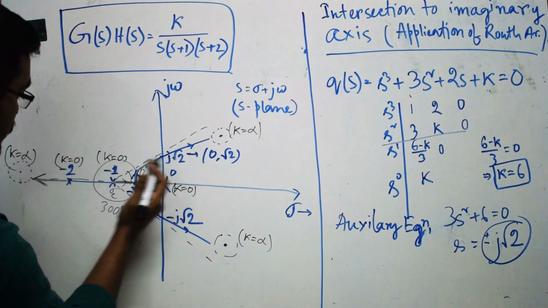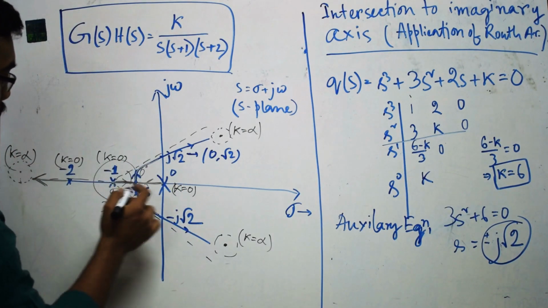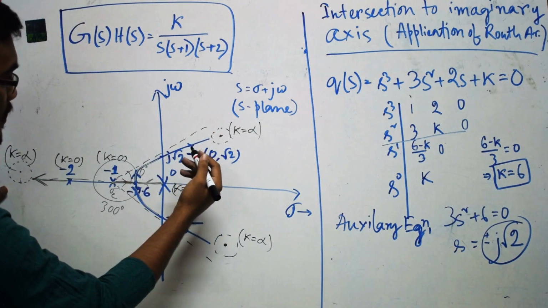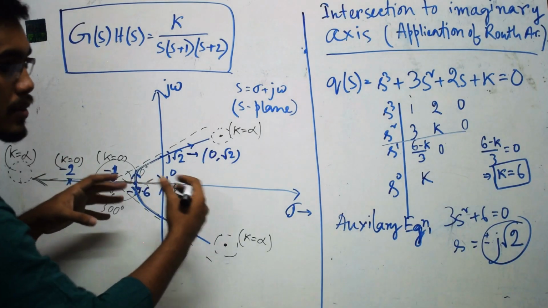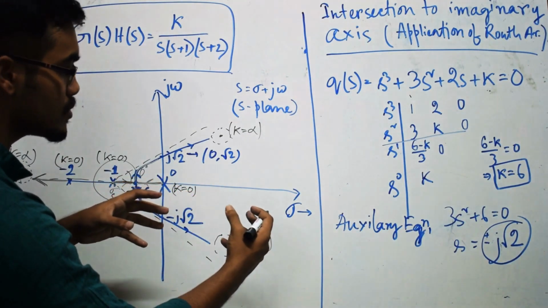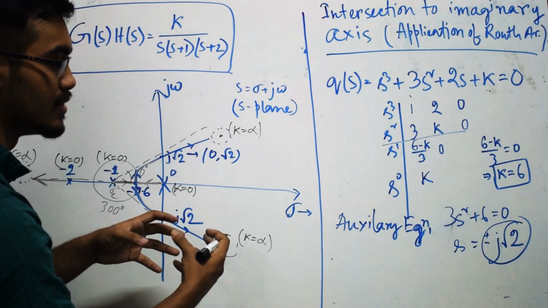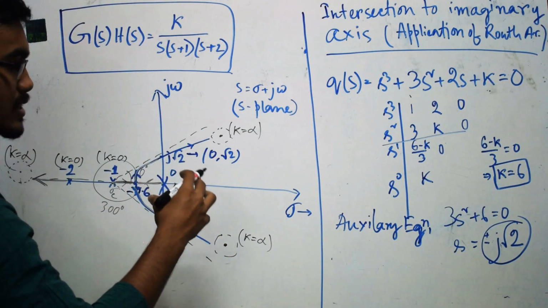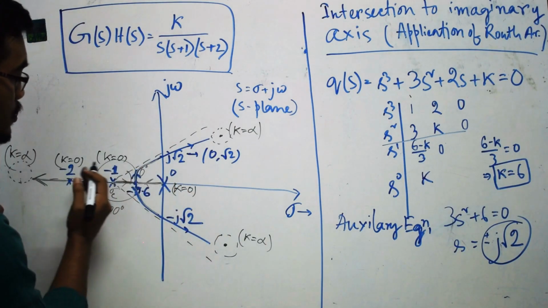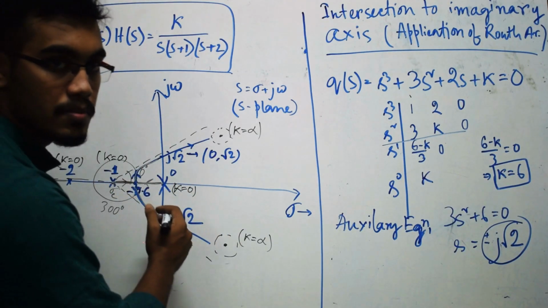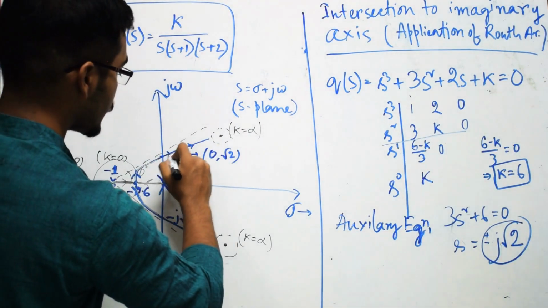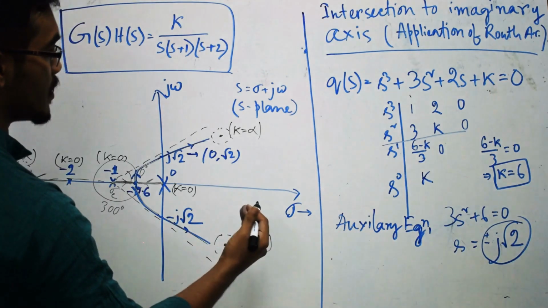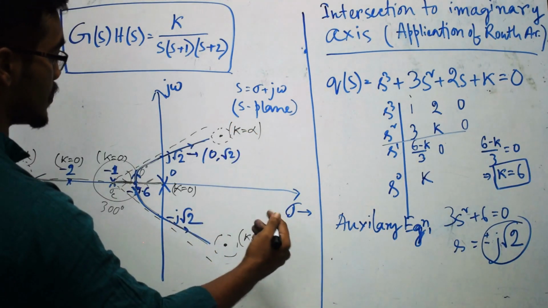Why is this happening? Because the K value is varying from 0 to infinity, so we are getting different types of open loop transfer functions and different types of systems. So we are finding out the relative stability. Up to this part of K value, all the transfer functions will be stable because those poles are situated in the left side of the s plane. But the remaining ones, on the right side, are unstable. For those K values, the system will be unstable.